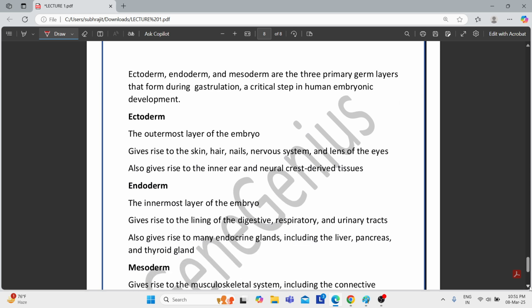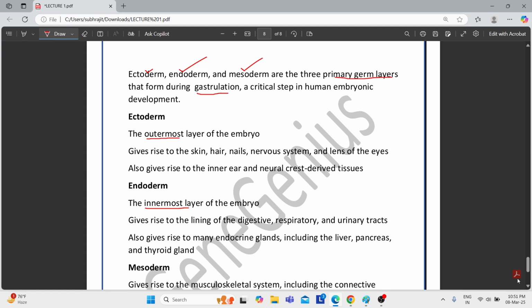During the development of an embryo, a stage comes called gastrulation, in which three layers are formed, better said primary germ layers. What are the three germ layers? One is ectoderm, another is endoderm, and another is mesoderm. As the name suggests, ecto means out, endo means in, and meso means between. Ectoderm is the outermost layer of the embryo, endoderm forms the innermost layer of the embryo, and